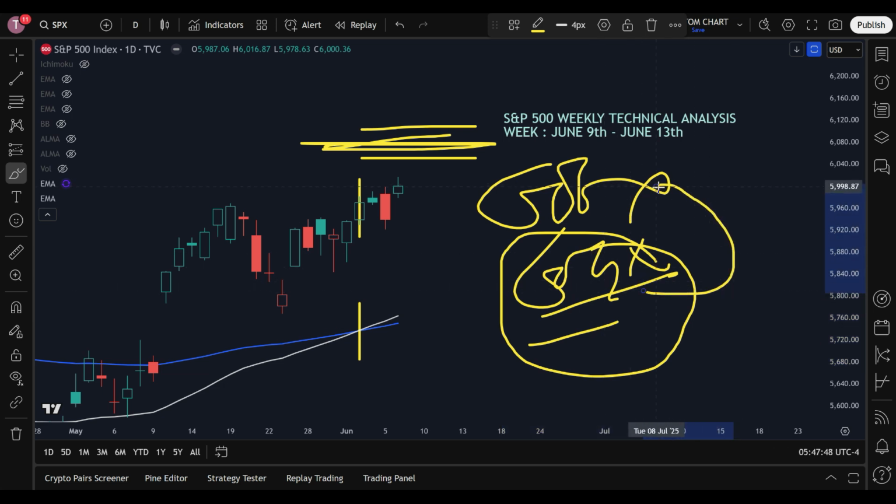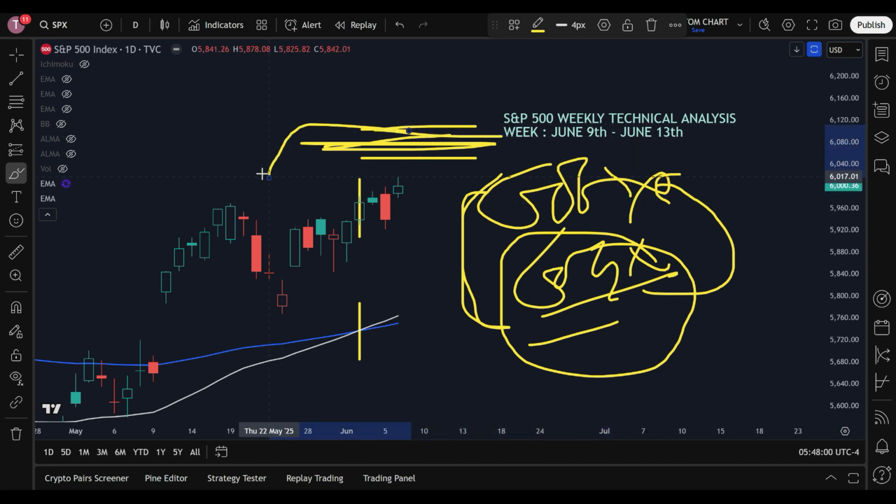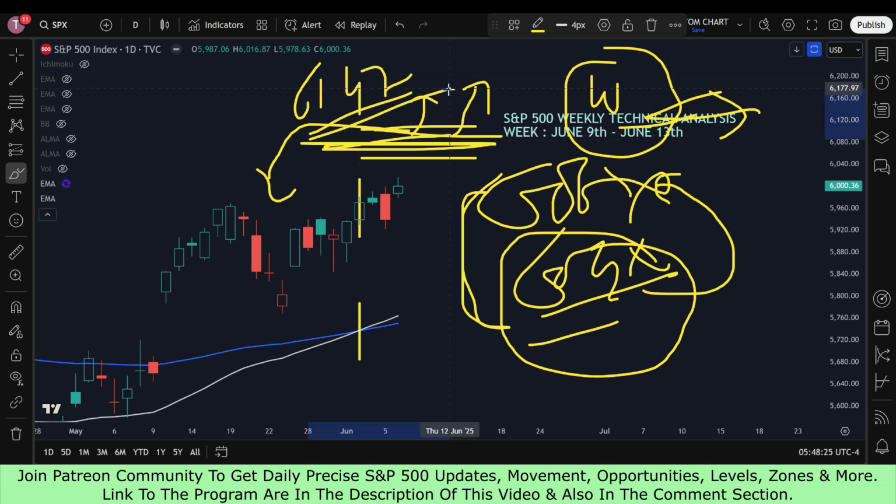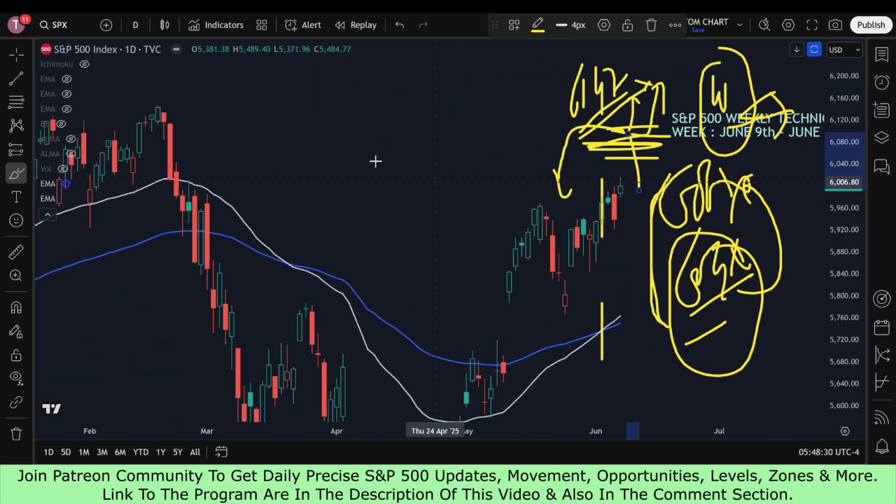604x will tell us whether there are any chances for the 606x or not, or if it will fail in between these two, or if there are chances for the 606x, then how soon it can fall from the 606x. So if there are any doubts, then on Wednesday these doubts will be very much clear, and then we will come to know whether there are chances for a movement towards the previous all-time high 6147 or not, because if it fails from here, then that will be the natural rejection.